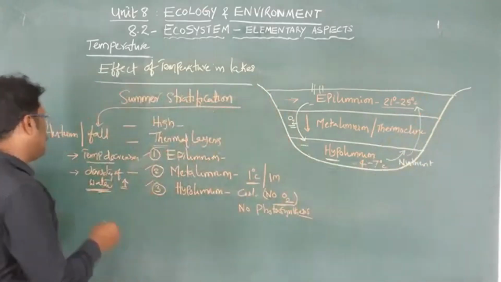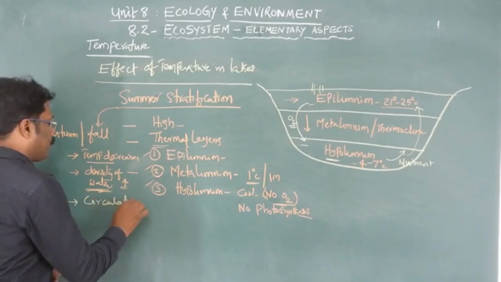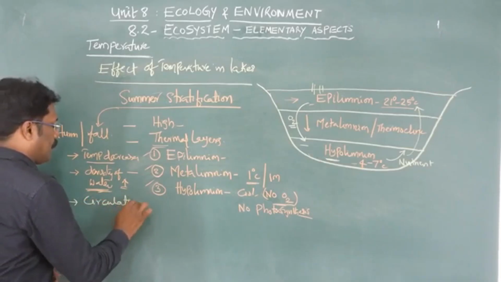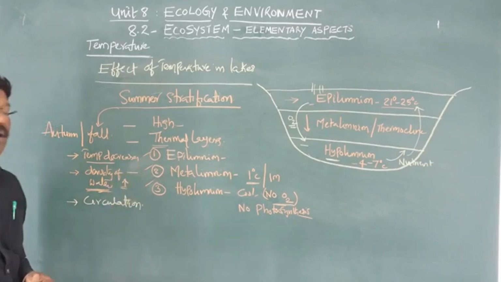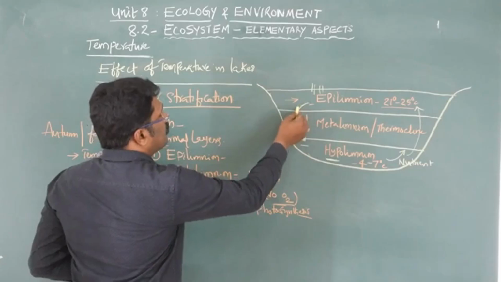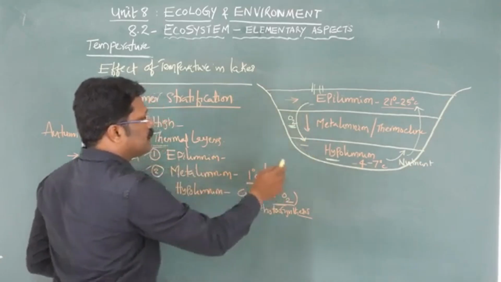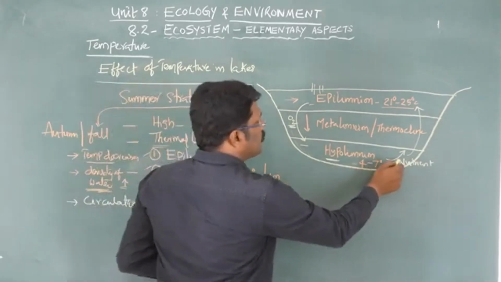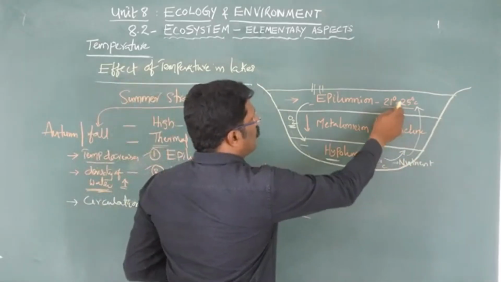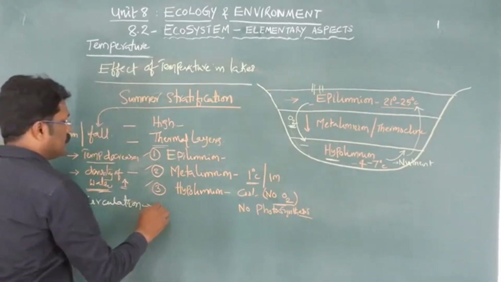And this circulation of oxygen rich material from the upper region to the lower region, and the nutrients from the lower region to the upper region, and this cyclical circulation is known as